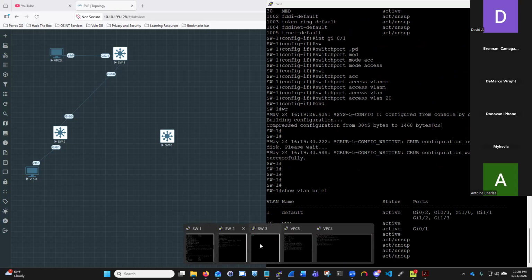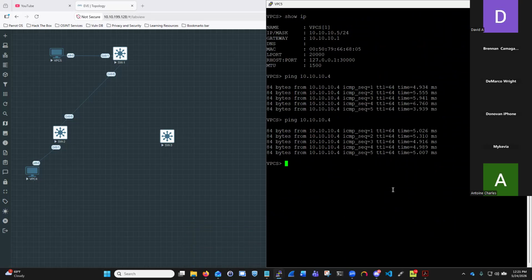So let's see if PC5 can communicate with PC4. Okay, it was able to before. Let's see what happens. Okay, all right. So PC4, which is represented by 10.10.10.4, is unreachable. Okay, why is it unreachable? Well,